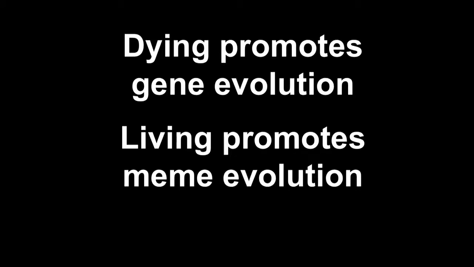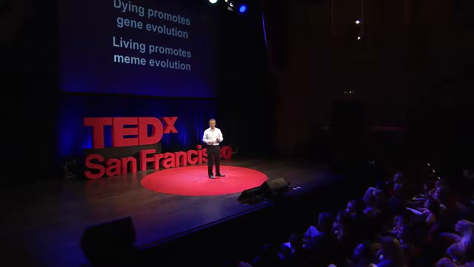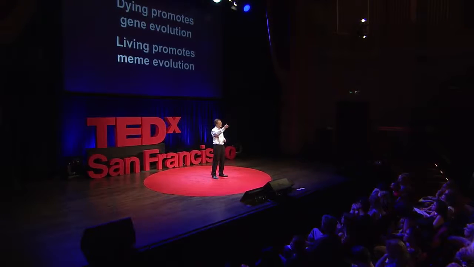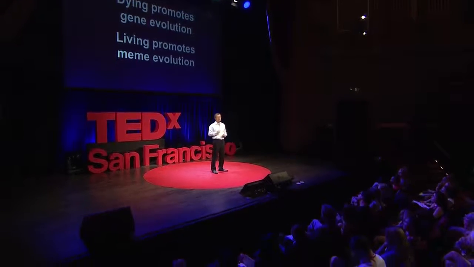So historically, Darwinian evolution relied on the death of individuals as a way to innovate. For hardware innovation, we need to die. For software innovation, we have to live. Right now, we're accumulating all these memes, and yet we're dying, so we're shoveling all this knowledge to the next generation through school and books. No, it's actually much better if we could just continue living and living healthier lives. So the end of senescence is actually the human destiny.